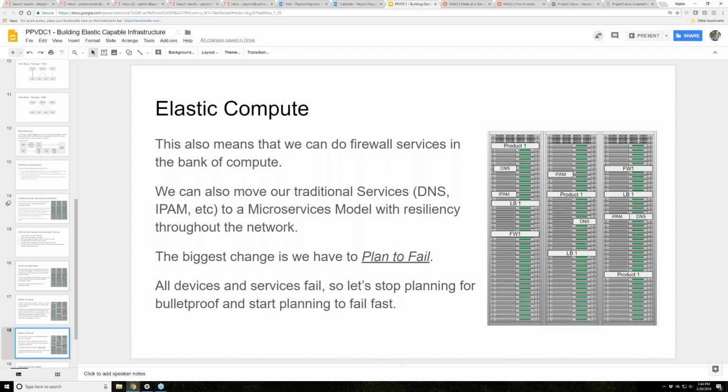The biggest thing that we have to understand as we're building this out is we need to be able to plan to fail. Meaning, as we talked about, devices are going to fail, or we're going to have to move things, or upgrade them. Devices have been failing in networks and in data centers for years. The difference is that the new